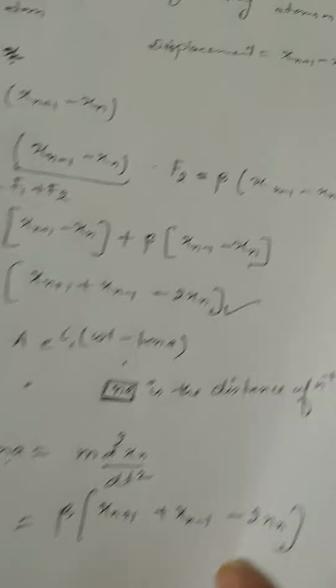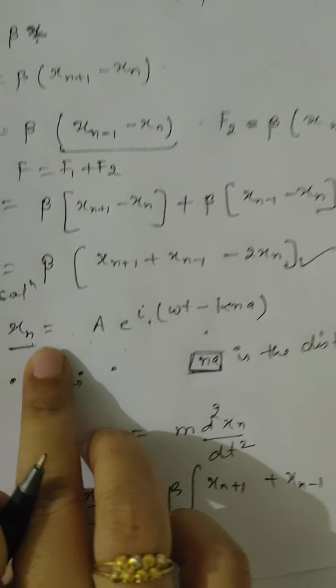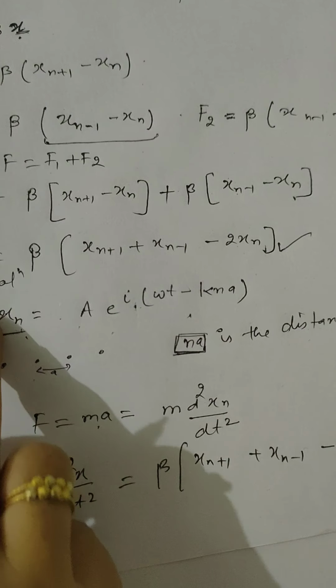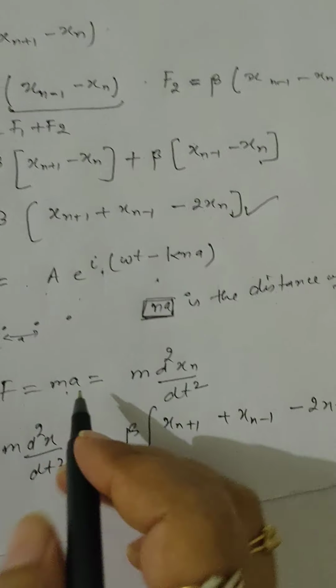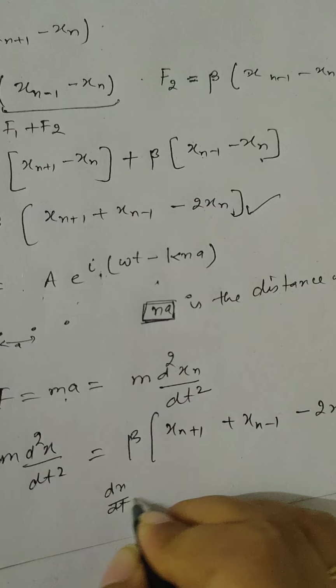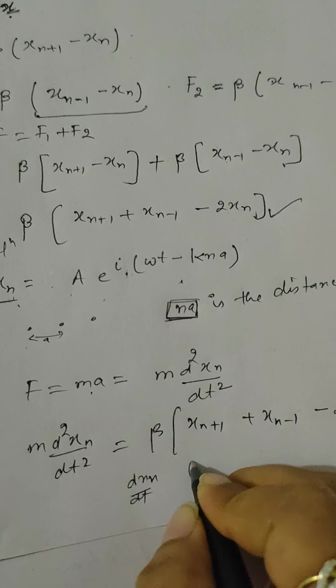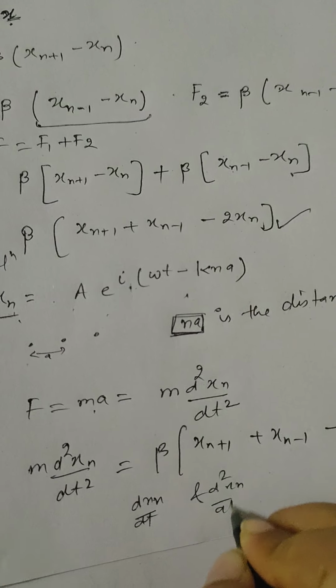So by taking the first order derivative and second order derivative of this xn, and then putting the value of dx by dt and d square xn by dt square in this equation, we will have